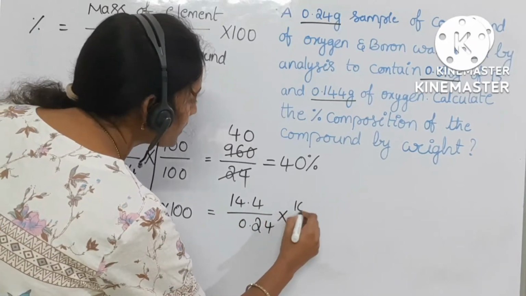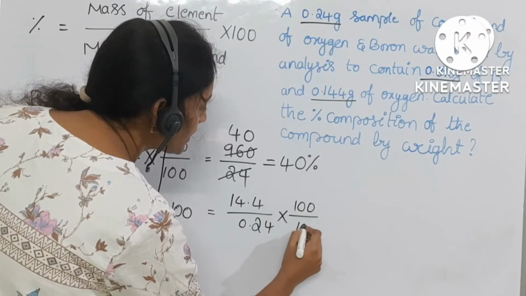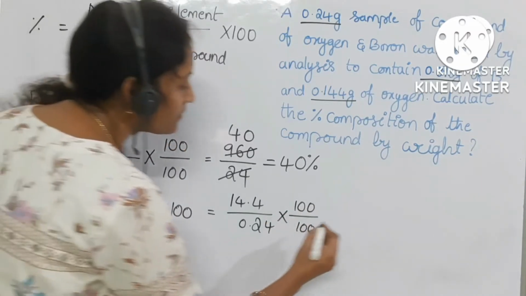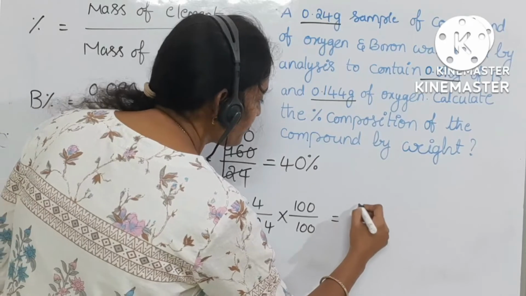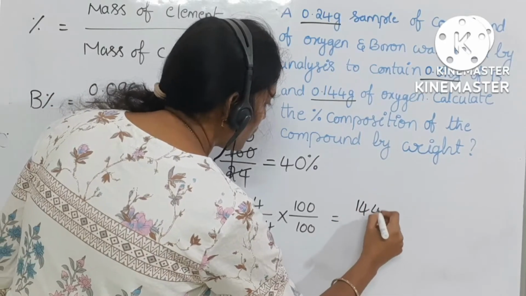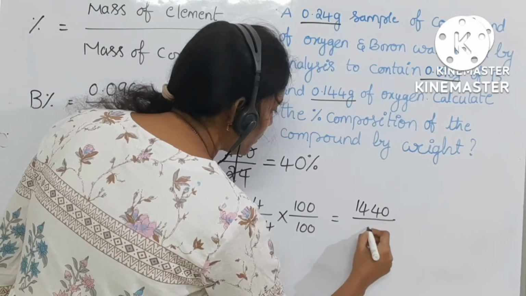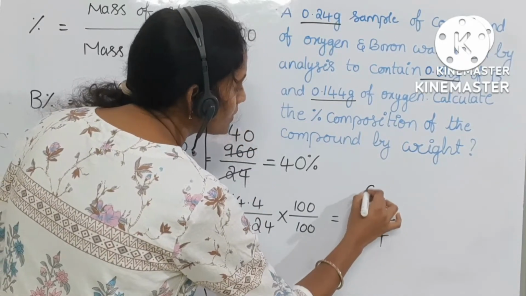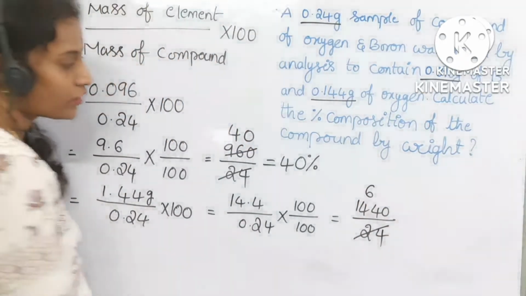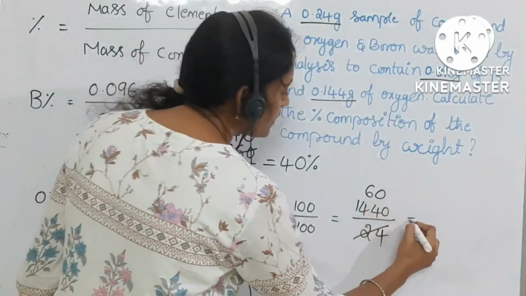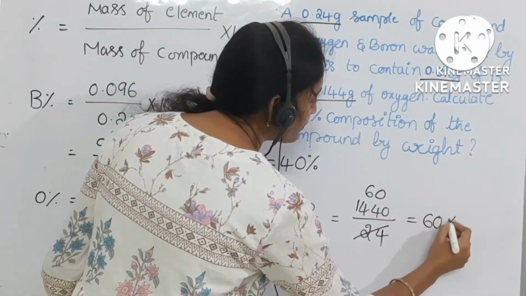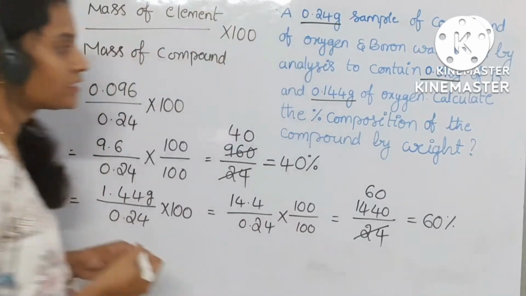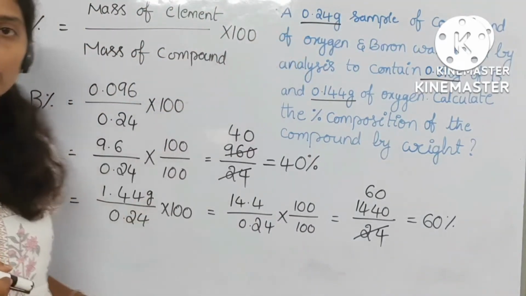Then again you can multiply numerator and denominator with 100. Then you will get 1440 upon 24. See, 24 sixes are 144, then 0. See, this is 60% of oxygen present in the 0.24 grams of